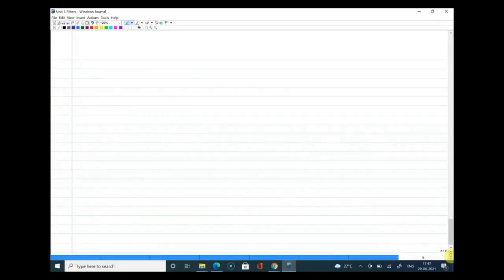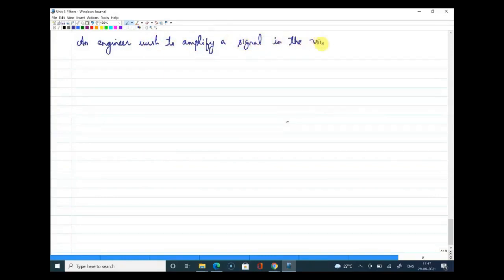So we'll quickly see one example. I'll give you the question again. It is to decide how much attenuation we need to have. So the question is this: an engineer wishes to amplify a signal in the vicinity of, vicinity means near to, 1 kilohertz. So an engineer wants to amplify a signal at the 1 kilohertz range, but